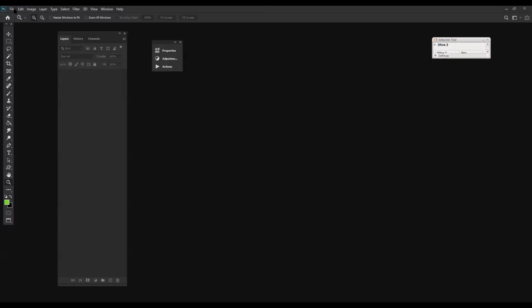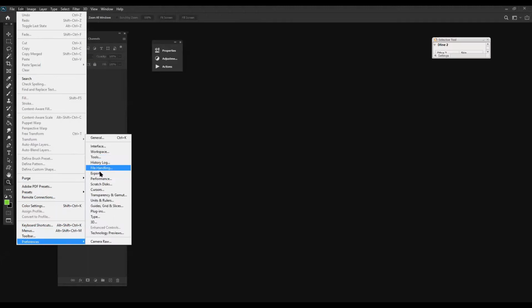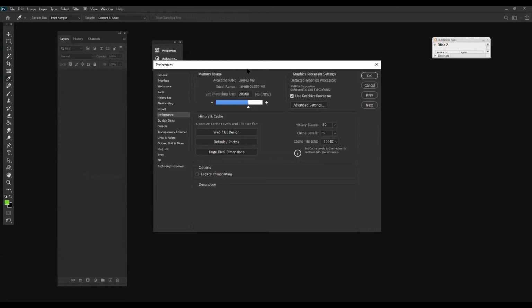Basically, we have to come to edit, preferences, performance. First and foremost thing that we have to do is check this portion. This portion is your dedicated RAM slot, the RAM you want to dedicate to Photoshop.